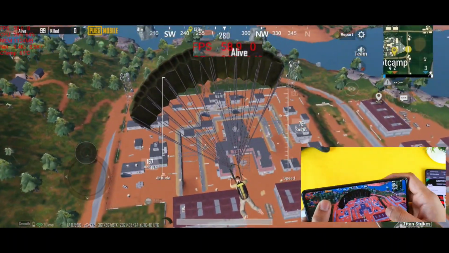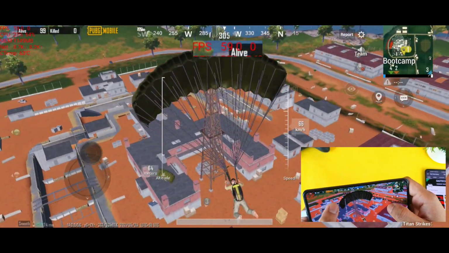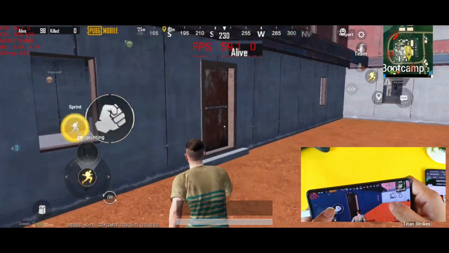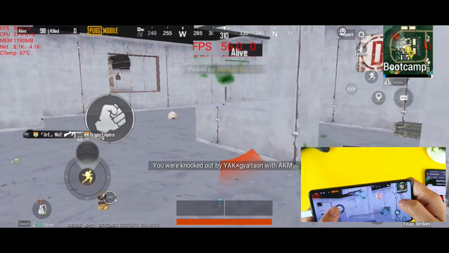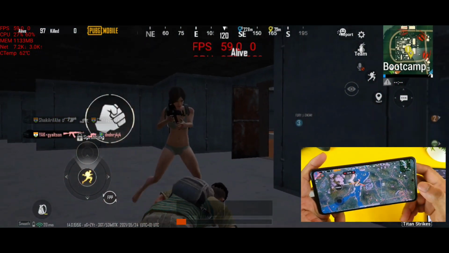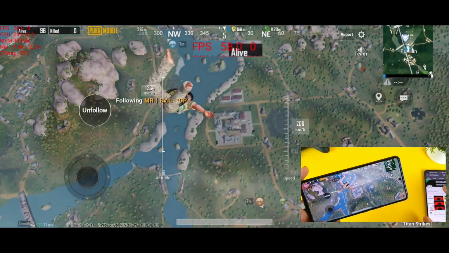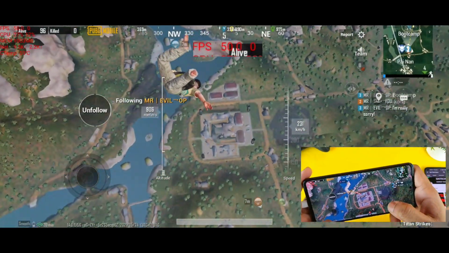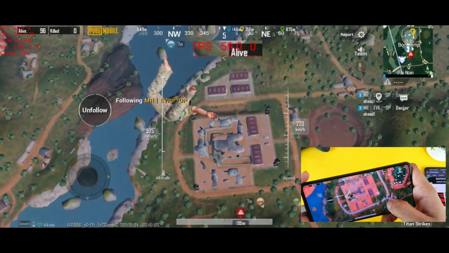So right now I'm not trying to play the game, but I'm just trying to show you the FPS drop, how much there will be if you're trying to drop exactly in the boot camp. That is what my focus is at the moment. So let's see, friends, this time how much the FPS will be dropping. That is what I'm trying to see here. So you can see 56, 59, and exactly in the middle we are trying to drop.